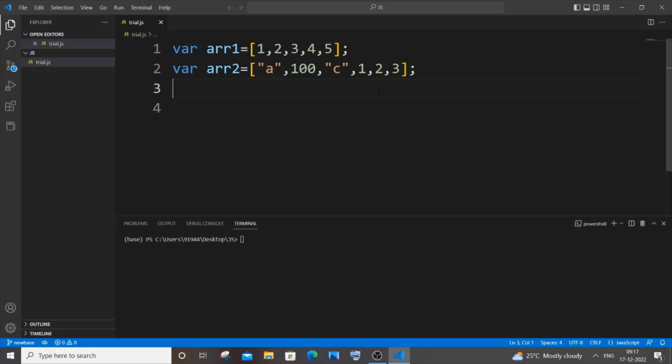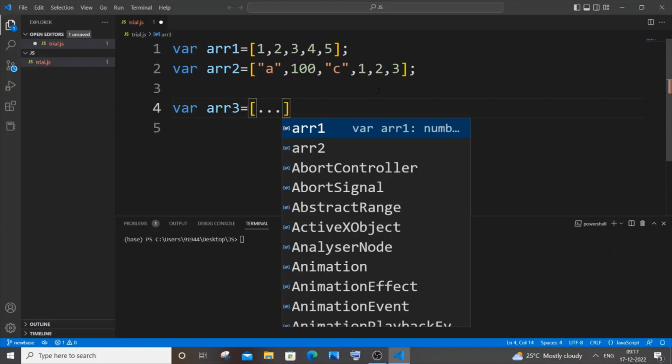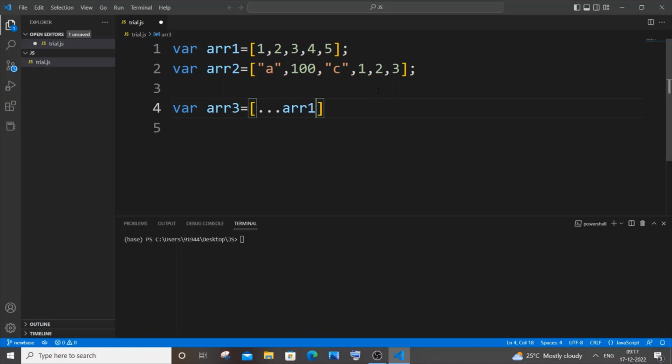So let's get started. Let me just have a third array. Let var array3 be my resultant array, equal to, just open square brackets, and we will be using the spread operator over here. So it's going to be three dots, which is the spread operator, and you need to specify your first array name or list name, which is arr1 in my case, comma, exact same thing, again the spread operator, and the second array name. That's it. So let me just now go and console.log